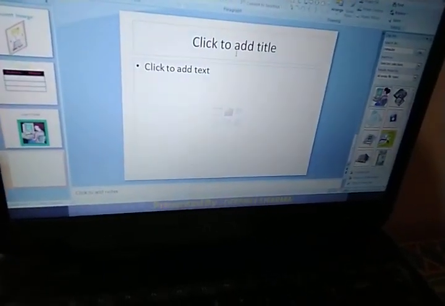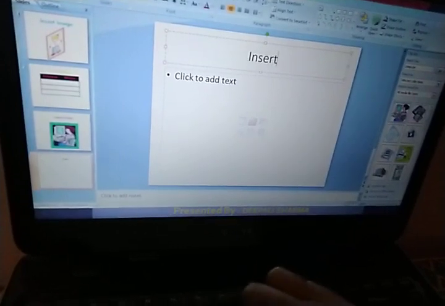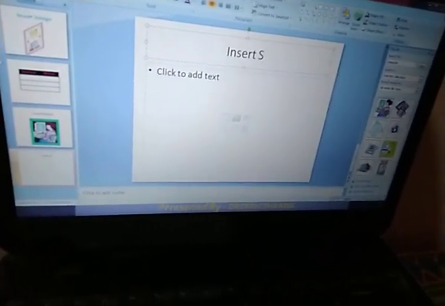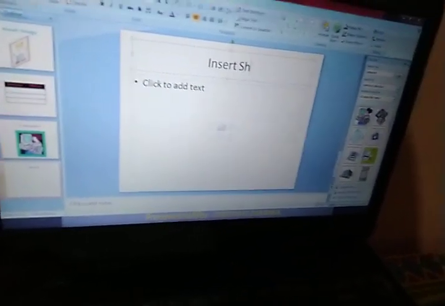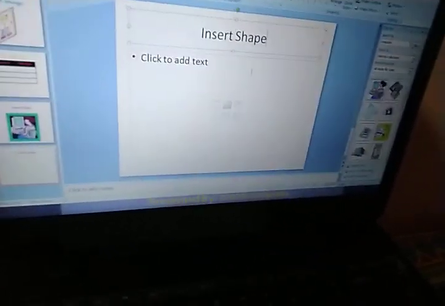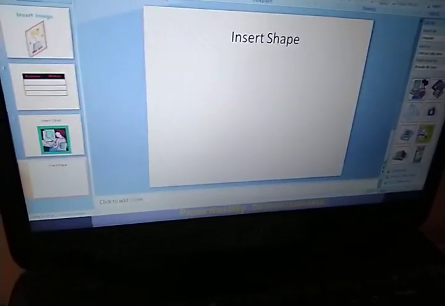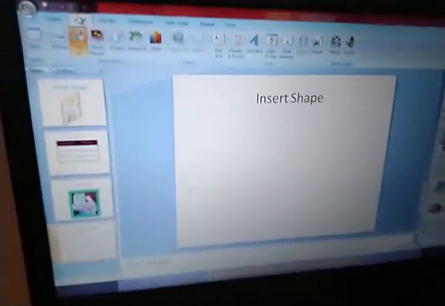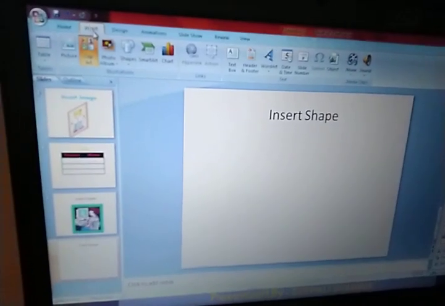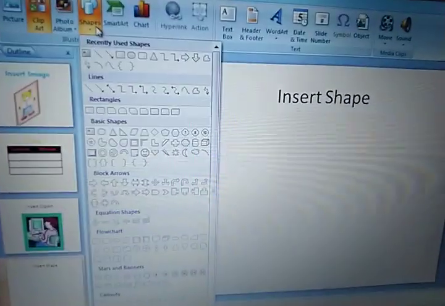So what I want to show you now is how to insert a shape in the PowerPoint presentation. Fine. How to insert the shape? Again, I don't need this particular box. I will click on the insert tab. After that you can click on this shape portion. Fine.